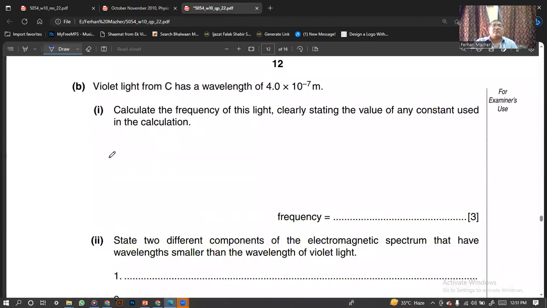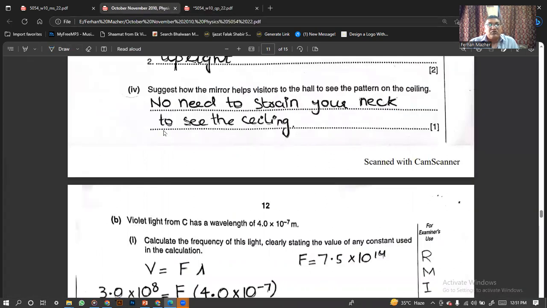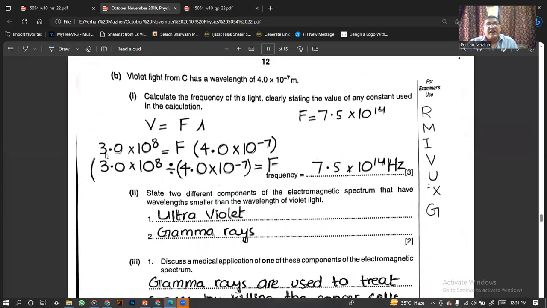Then we have question number 9b part. It says violet light from C has a wavelength of 4 x 10 to the power minus 7 meter. Calculate the frequency of this light, clearly stating the value of any constant used in the calculation. You know the speed of light in vacuum or in air is almost 3 x 10 to the power 8 meter per second. You know the formula v equals f lambda. By using that formula, we call it the wave equation, we can find out